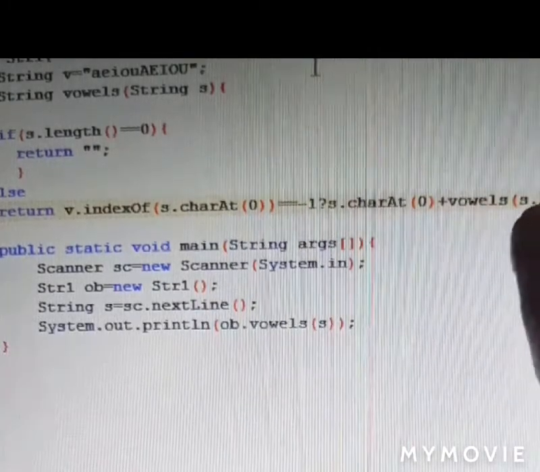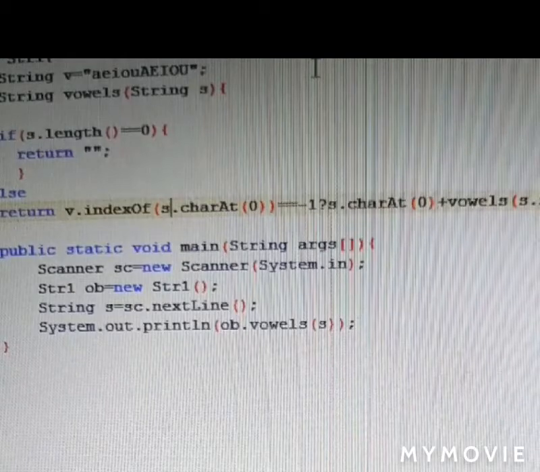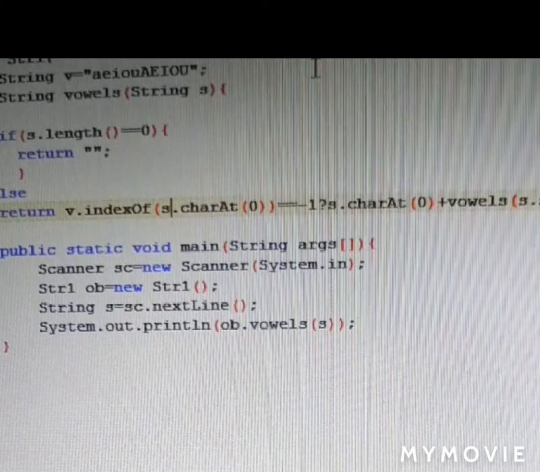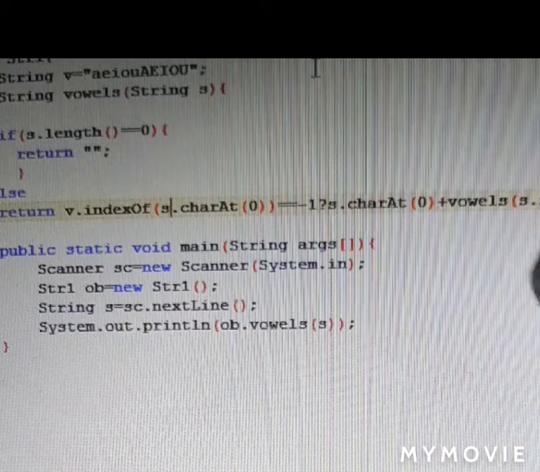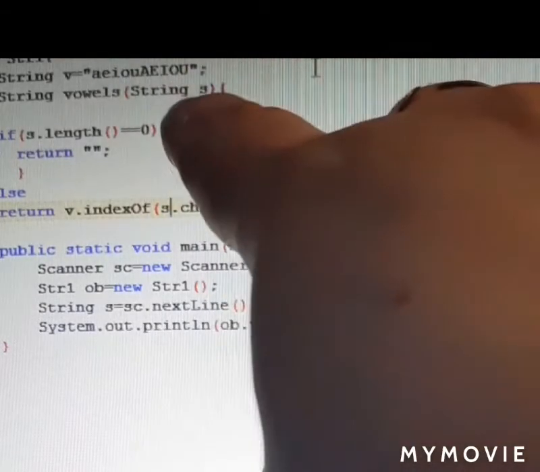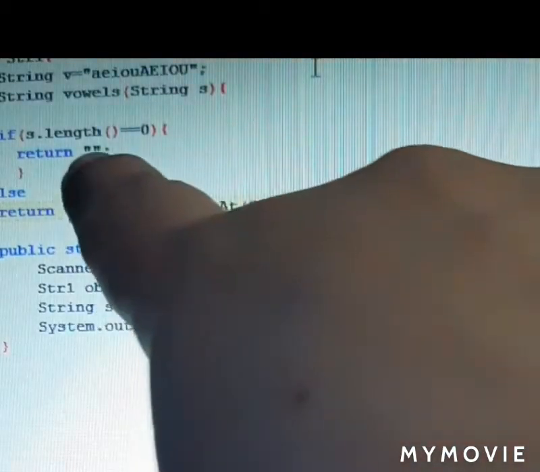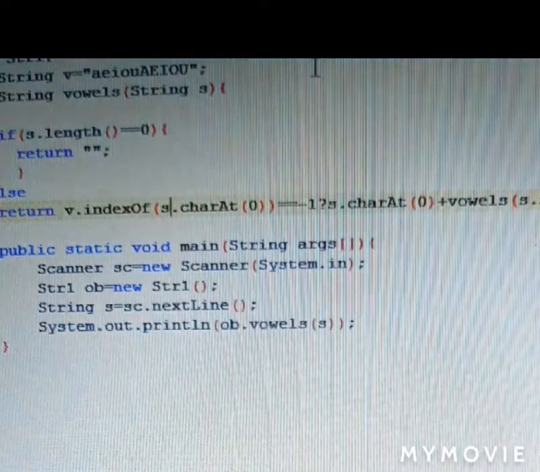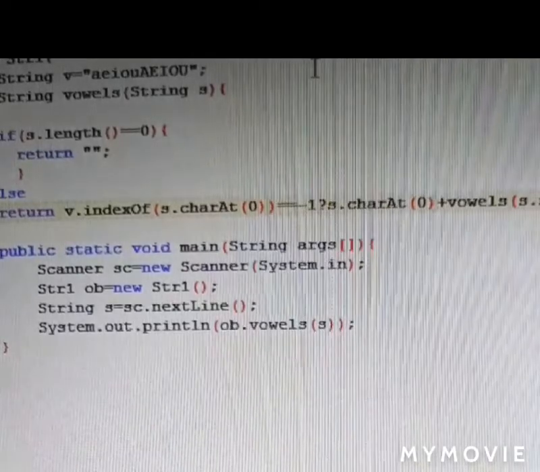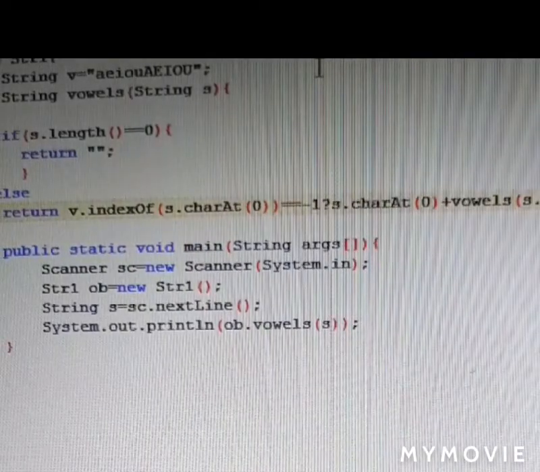Now vowels will call itself, sending s dot substring 1. So the first position of REAT was E. So from E onwards, the new string will enter inside. Again, the length is not 0. E is going to check itself from the 0 position in v dot index of, again E, but E occurs in v.